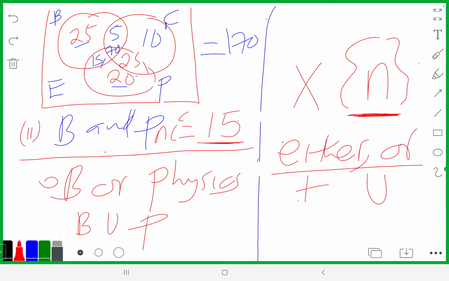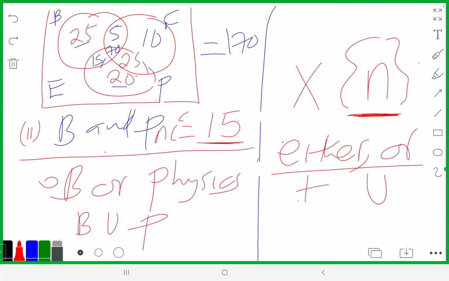So we are looking for the members of biology union physics. Did you get it? And union, obviously, you're aware that it means adding together the sets, right? So we are adding all the members in biology plus the members in what? In physics. But in this question, what if they say biology union P